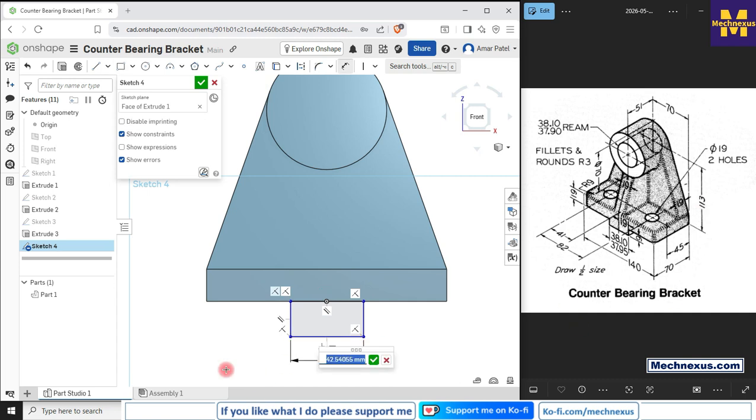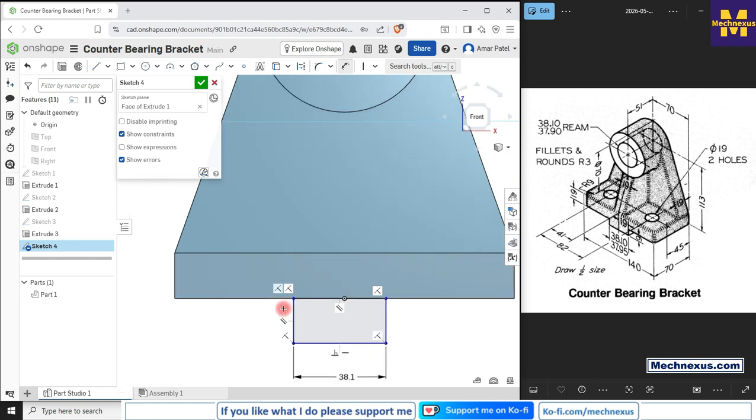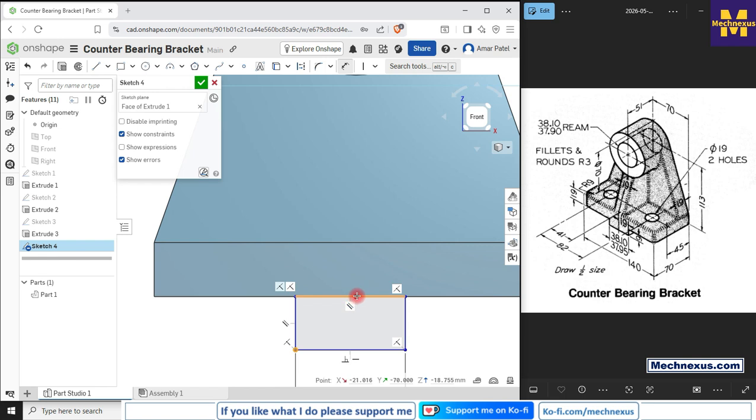Here if we see there are 2 dimensions given, so we will go with 38.1 which is the maximum one, then it will be finished, and 37.95 will be the final dimension. So here I will go with 38.1, and to make it symmetric,